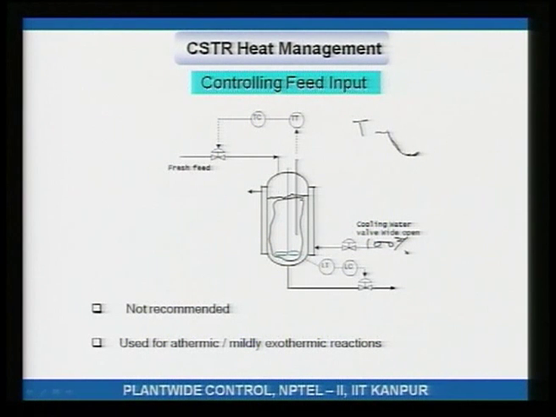Now, as temperature starts to go up, notice that reaction rate goes up exponentially. What that will do is, temperature will start to go up much faster, and this leads to the possibility of a thermal runaway. I am not saying it will happen every time, just that there is the possibility of a thermal runaway, because